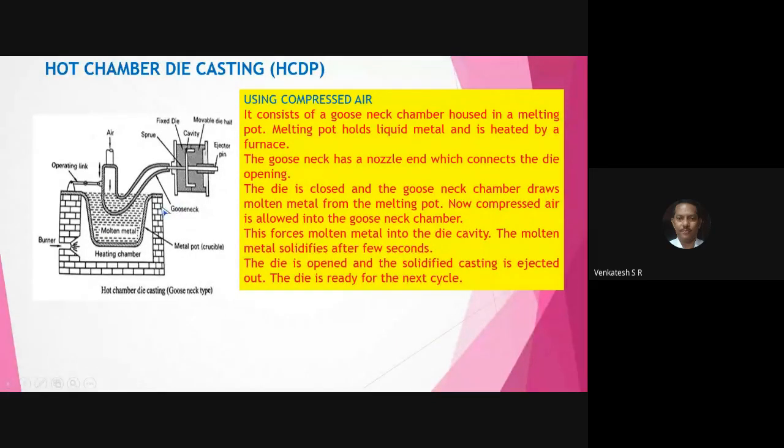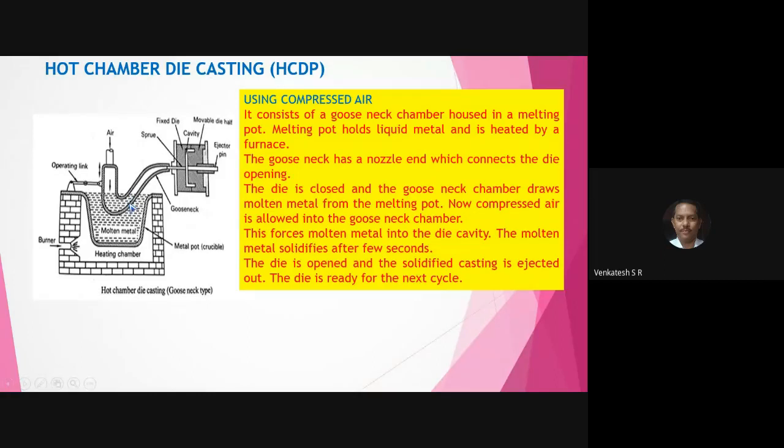Okay, already we discussed hot chamber die casting. In the same way, this is carried out for large castings. Suppose you have a very large casting, you can use this type of hot chamber, which is made of bricks, and here they use a burner and heating chamber so that continuous castings can be produced by this type of process. All of you observe here, in this chamber the brick lining is there, and this is the metal pot, also called the goose. It is also called the metal pot.